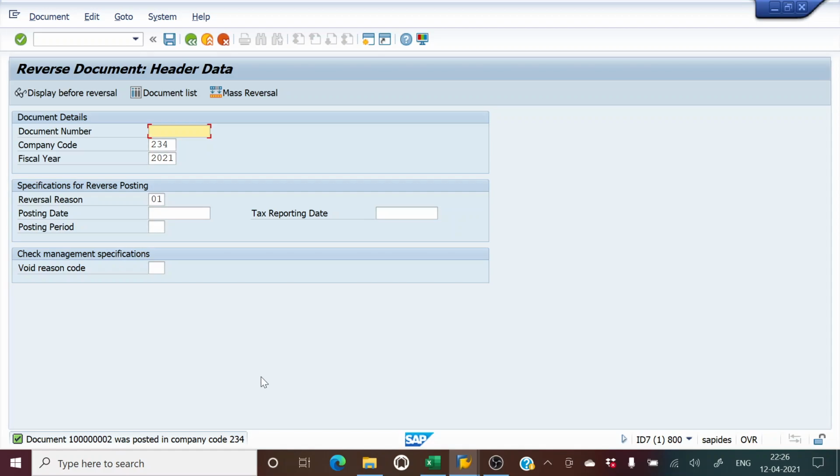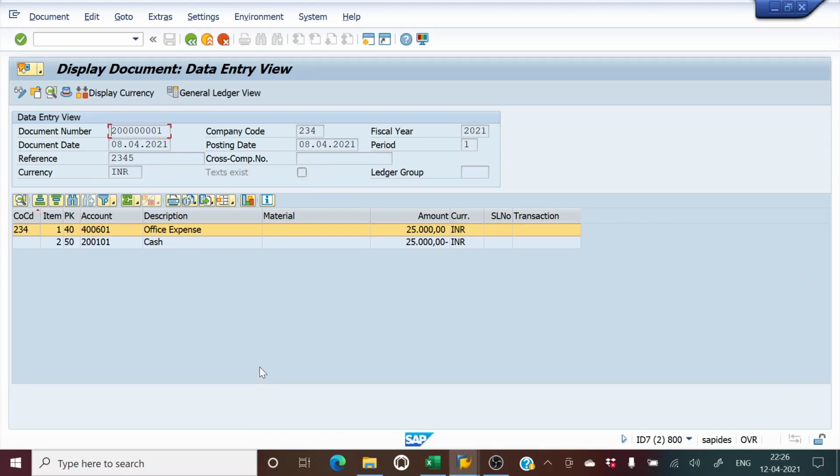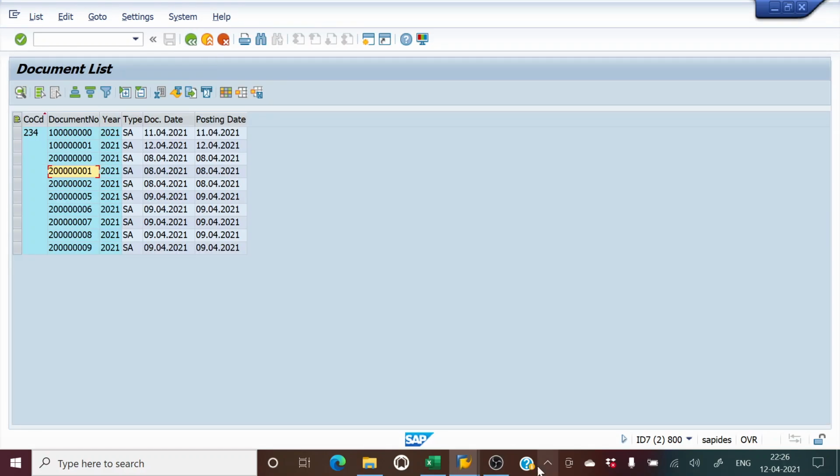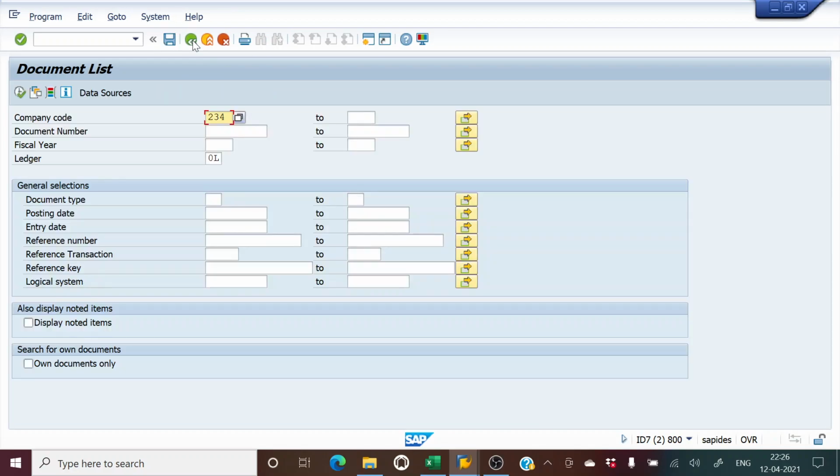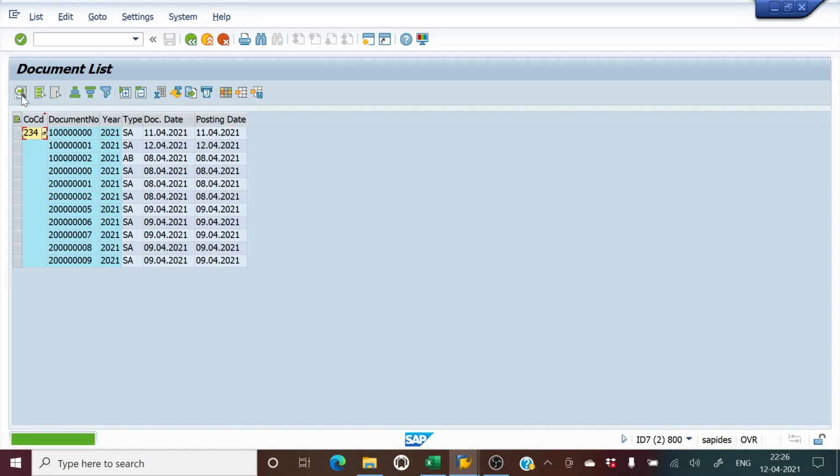All right. So if we go back to the FB03 screen, we come out of this and then come out further, and then again we display and we hit enter. If you see this AB, this one is actually reversed.